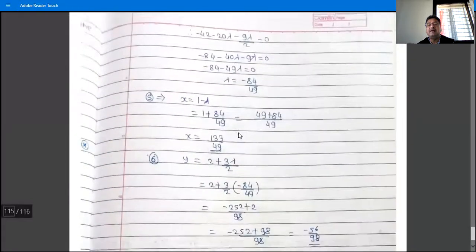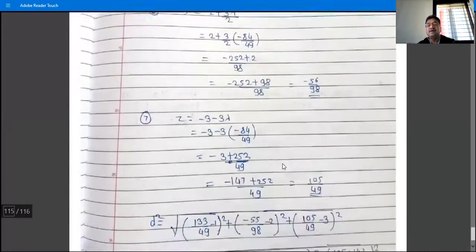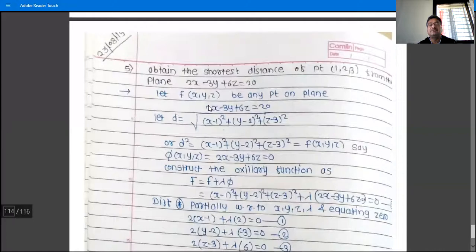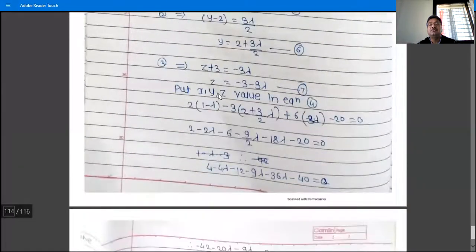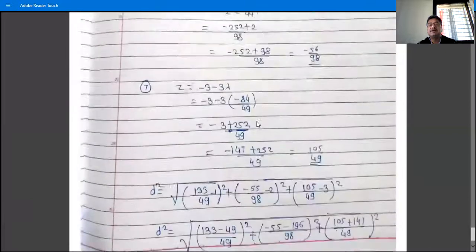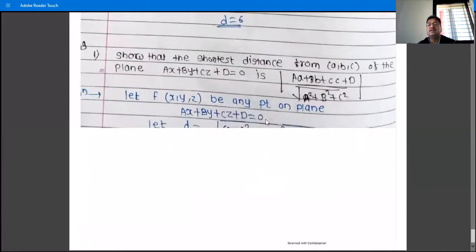Then find the values of xyz in terms of lambda, and then substitute in equation number 4. We get the value of lambda, and substitute that value in this. We have the xyz, and then substitute xyz in this. D is root of x minus a bracket square, y minus b bracket square, z minus c bracket square. Substitute those values, we get this answer. Or there may be some short method. We discuss the answer of this problem in the